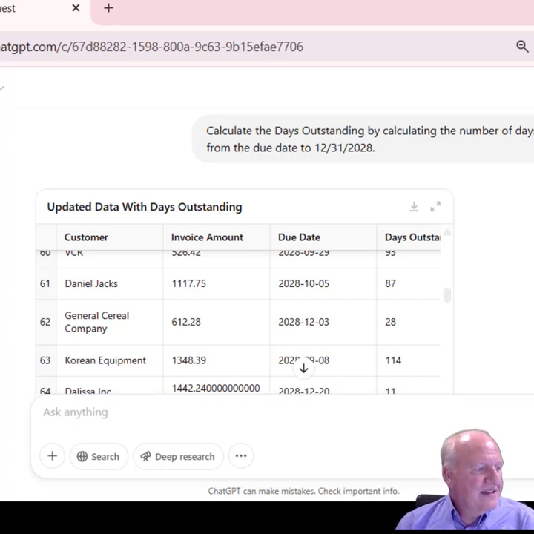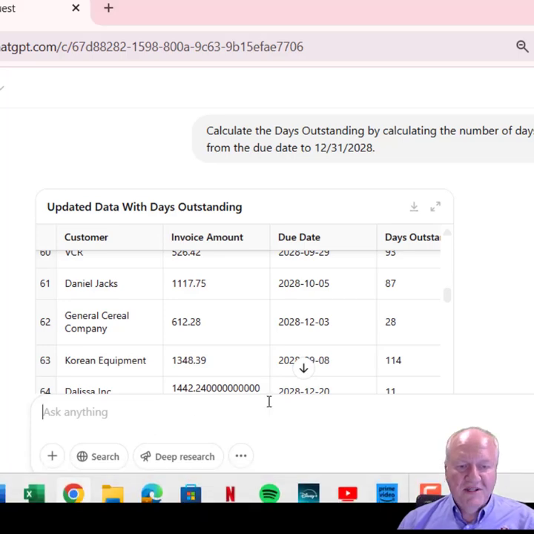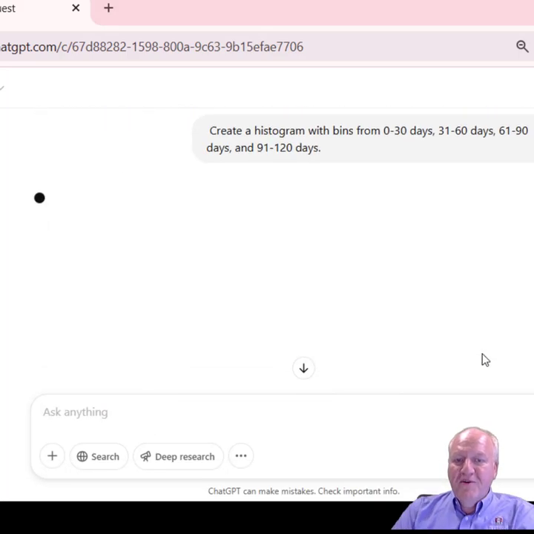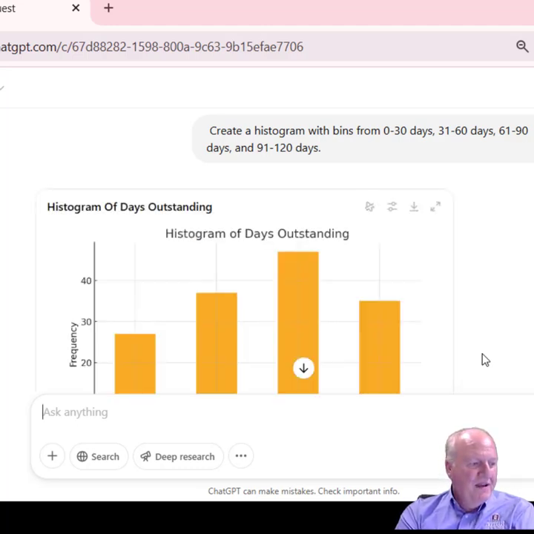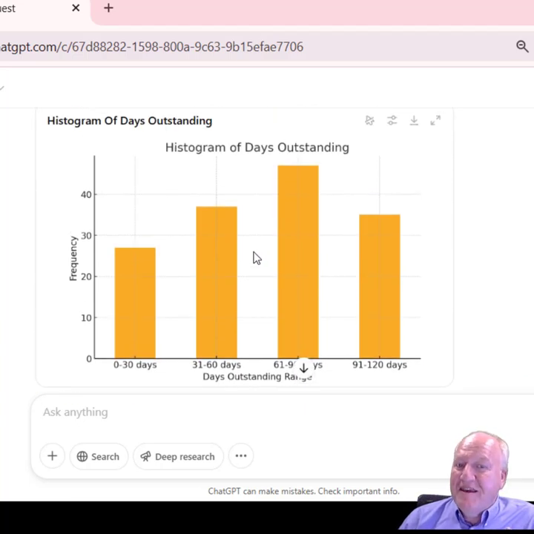The next thing we're going to ask it to do is to create a histogram. And this histogram is going to provide essentially a frequency of how many appear in each of these buckets. So typically we use 0 to 30 days for a month, second month 31 to 60 days, third month 61 to 90, and so essentially we're performing a histogram. So this is just how many are in each. It's not the amount, it is the total.